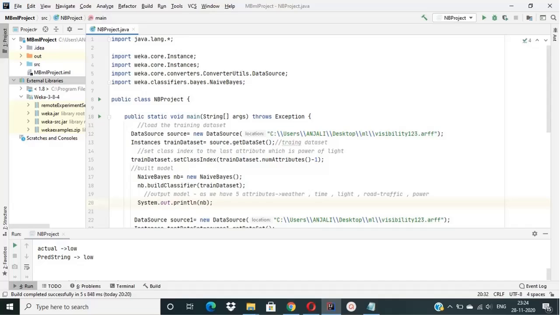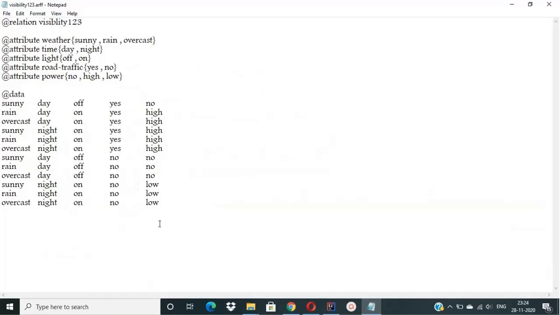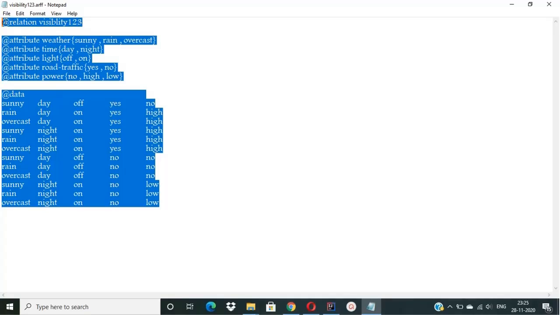We used the NaiveBayes classifier in our code. First of all, we have to import the Weka files to access the Weka libraries and classes. We use a data file format called ARFF, attribute relation file format. It is a file consisting of a list of all the instances, with the attribute values for each instance separated by commas. This is our dataset that we have already made, and this is the format of saving the dataset in ARFF format,